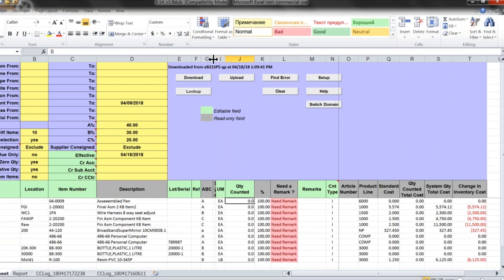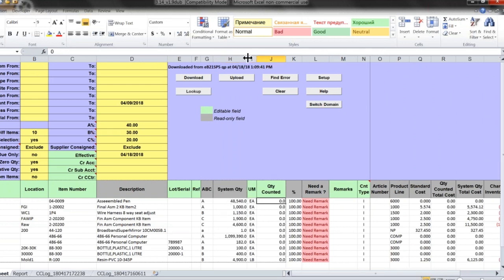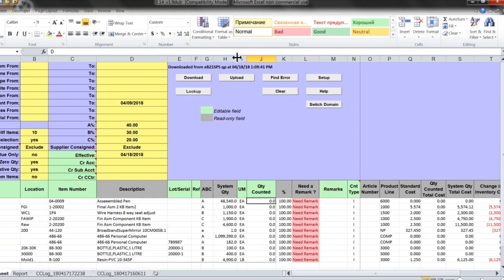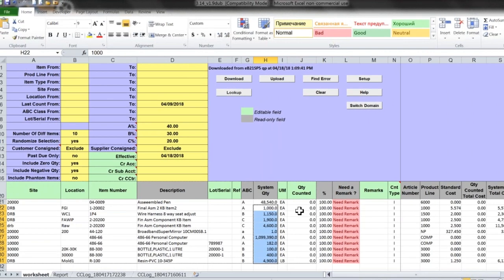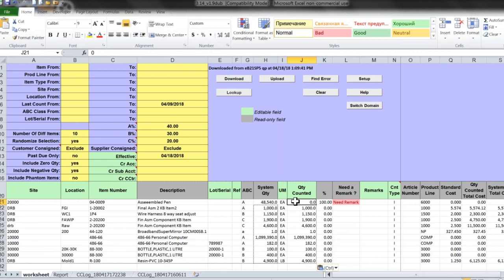Let me unhide my system quantity. I will use it to enter the results. You will see right away differences between system and counted quantities, and optionally can enter remarks if discrepancy is above a certain percentage. Let me just enter some count results. So this will match the original, and this will be